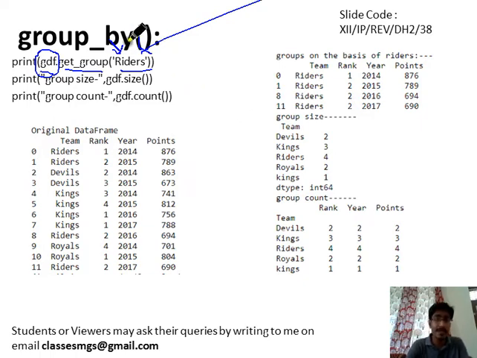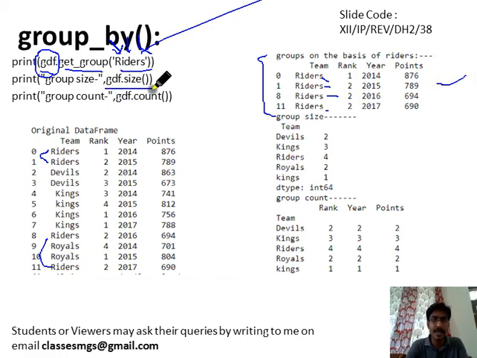So you will pass the name of the group and the subsequent data will be displayed like this. So the riders data is displayed from this particular group by result. These are the 4 rows in the riders group, all displayed with other data.